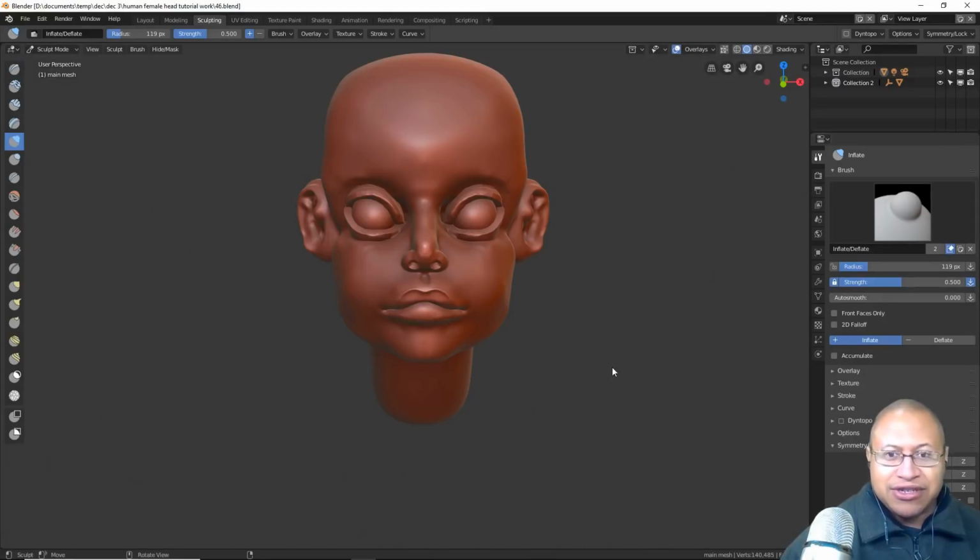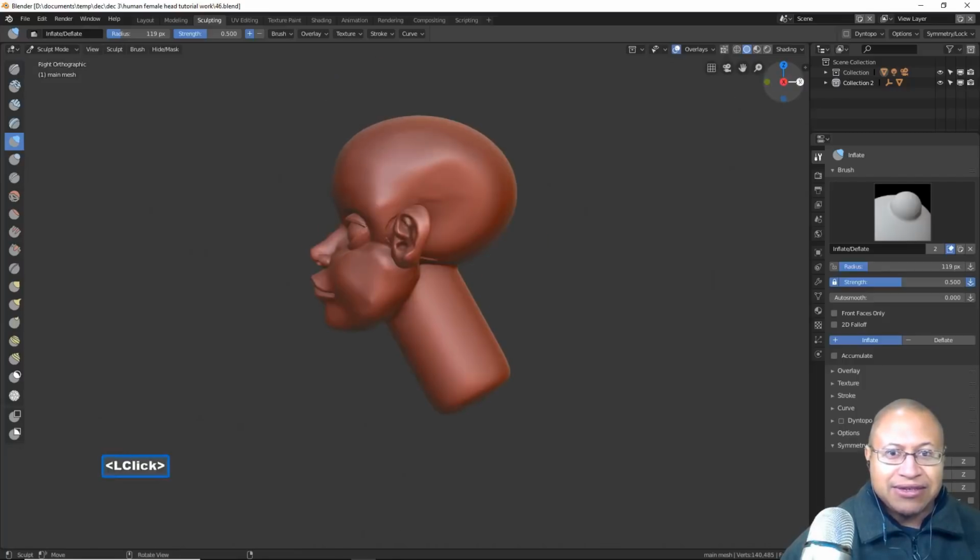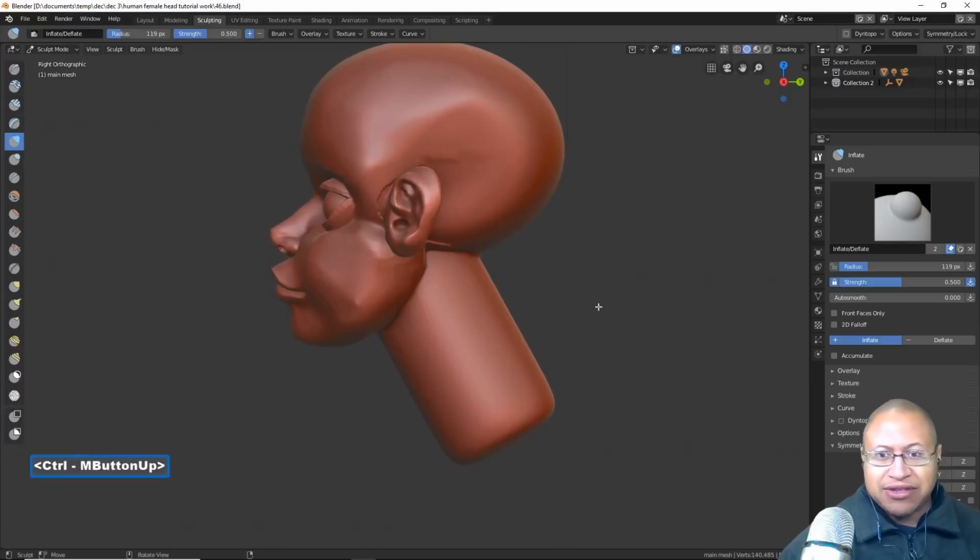Okay, we can start adjusting some of the face proportions. So I'm going to click on this red X here. I'm going to hold Control. While holding Control, push my mouse up. I'm going to hover my mouse right here. I'm going to hold Control, and while holding Control, I'm going to hold Shift. Now I'm left clicking to drag a loop